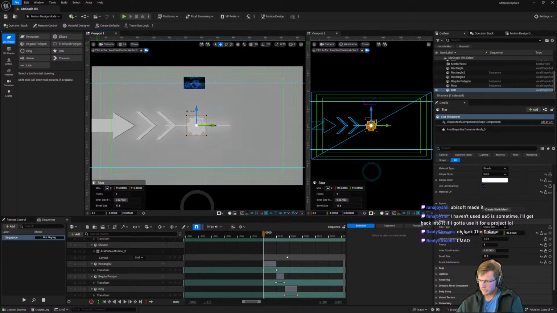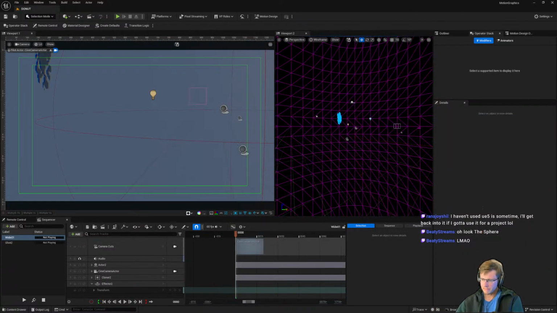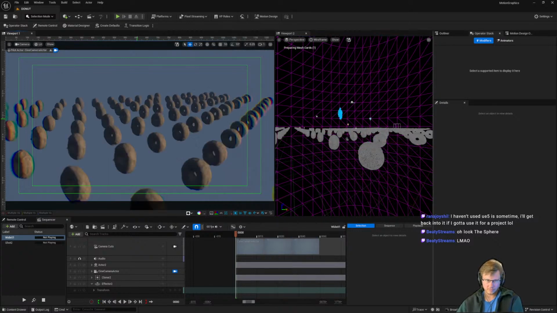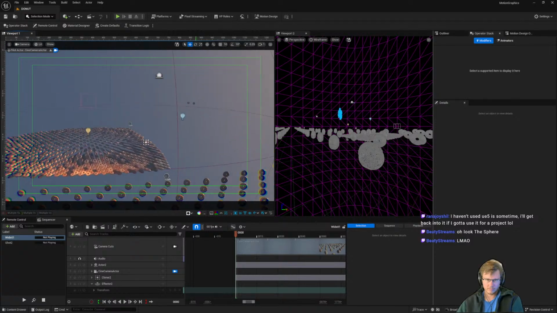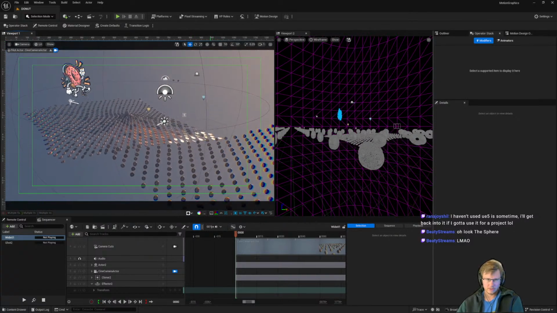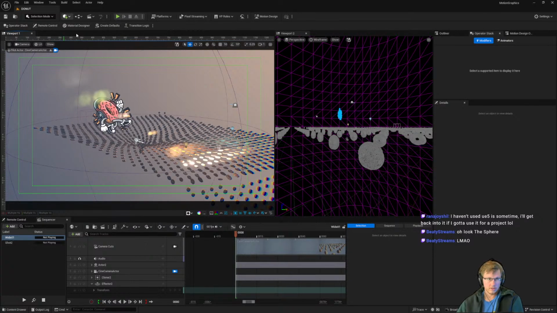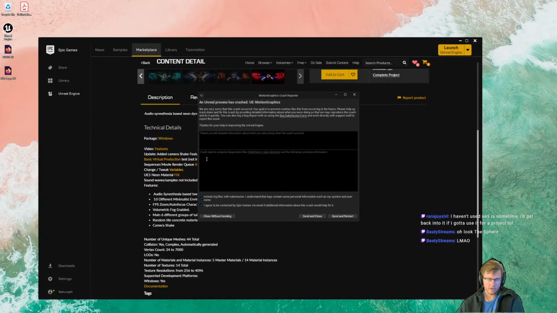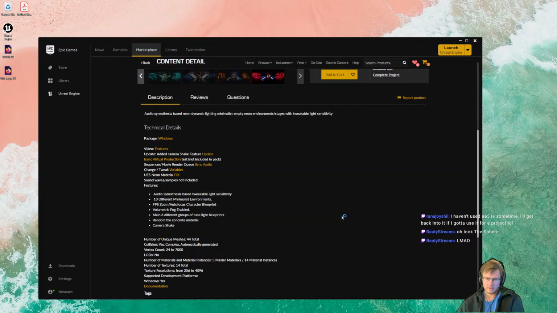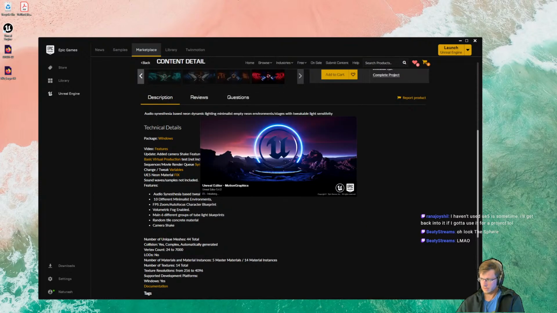But you haven't used UE5 in some time? I'll get back to it if I gotta use it for a project. This is the donut world. We add a big old sphere. Dang it. Rip.